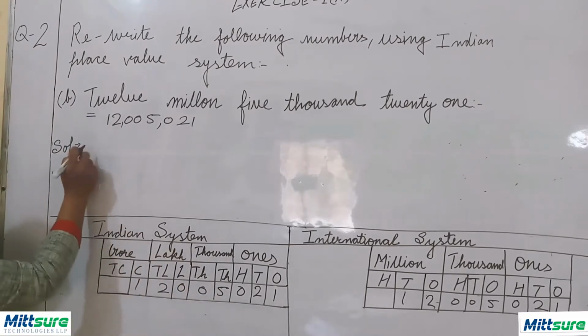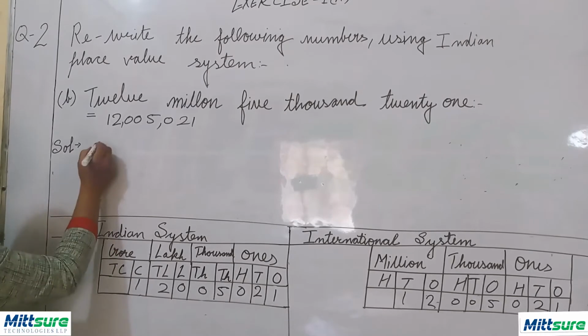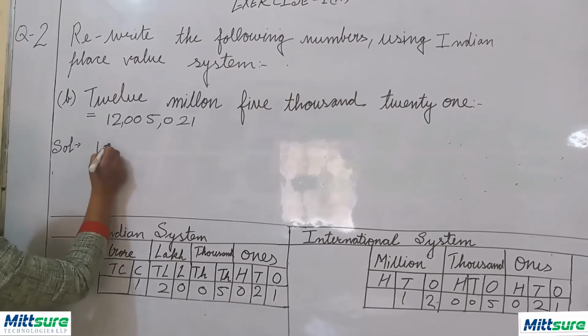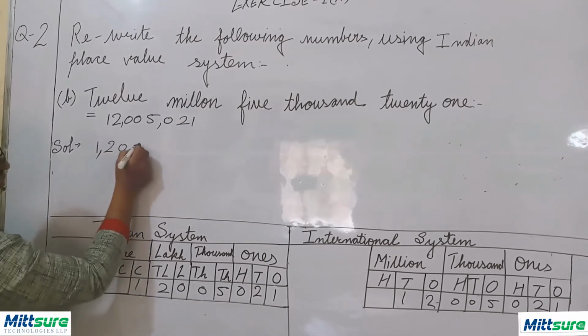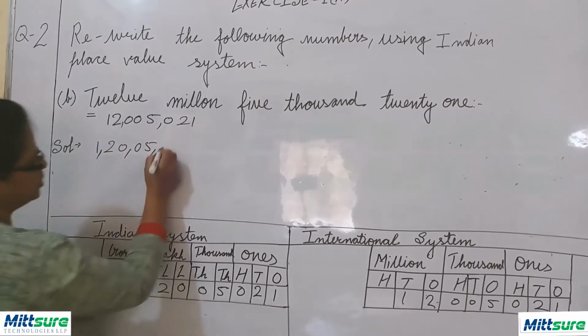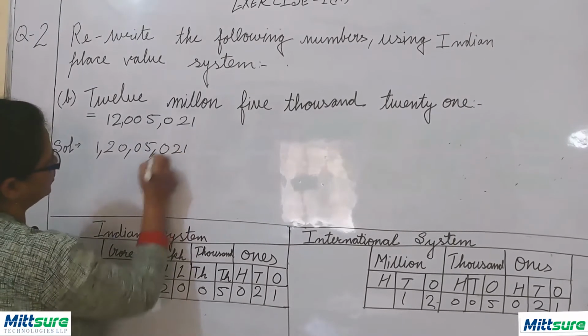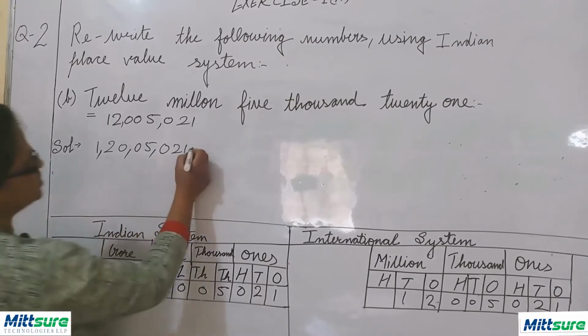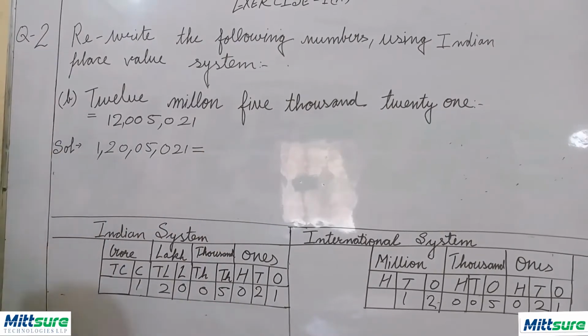I will write this according to our Indian system. That will be 1 comma 20 comma 05 comma 021. If I write this in number name, it will be